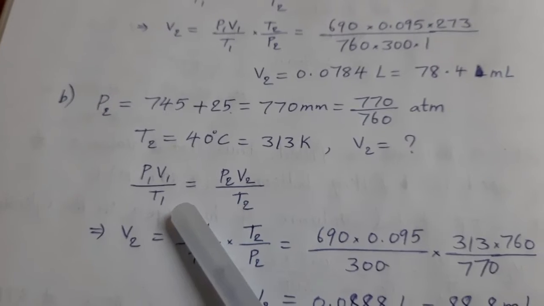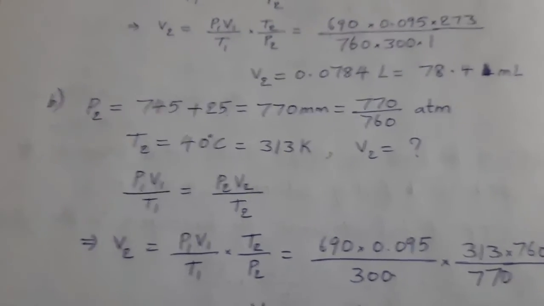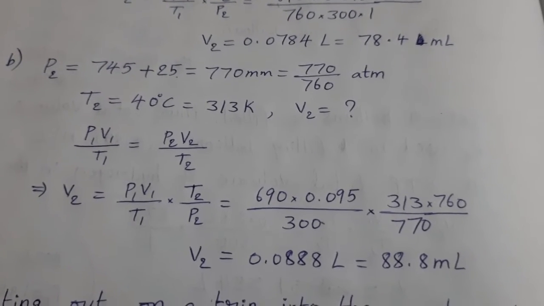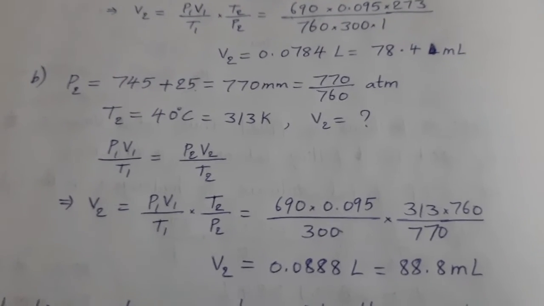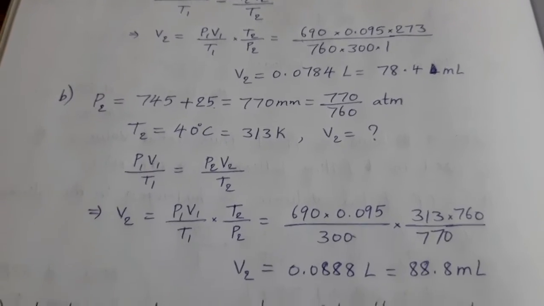Here also same, P1 V1 by T1 equal to P2 V2 by T2. V2 we should find out. Substitute the remaining values, then we can get V2, 88.8 ml. Okay, simple questions. Understand carefully and practice well. Next